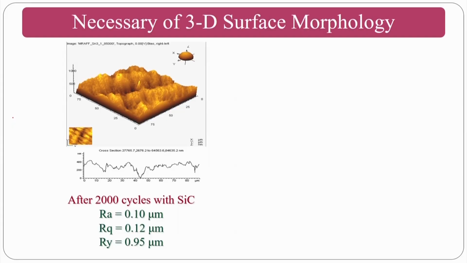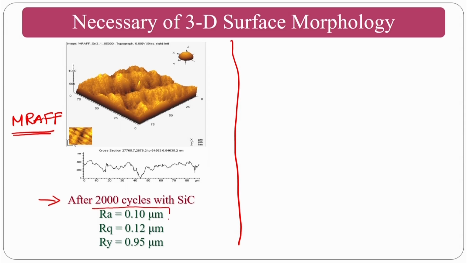That means MRAFF. Okay. These are finished by two techniques, the magnetorheological abrasive flow finishing process. Now we will see the two surfaces. What is the difference? Here you see this is finished. We do not bother about how it is finished and other things, that we will see when the process is covered. We bother about the surface. Normally we bother about the average surface roughness value of this particular surface.